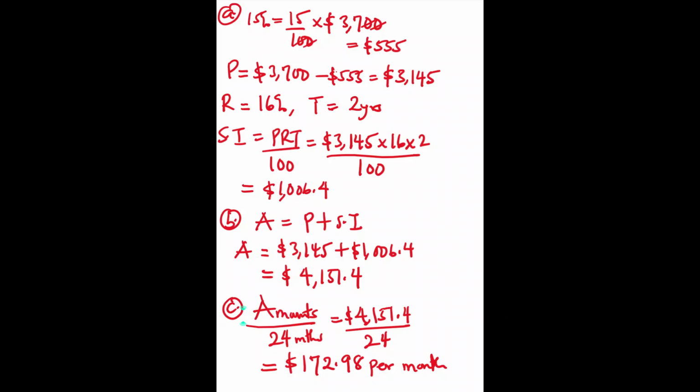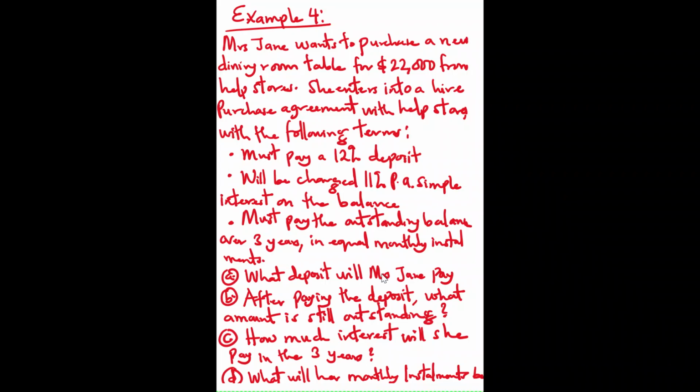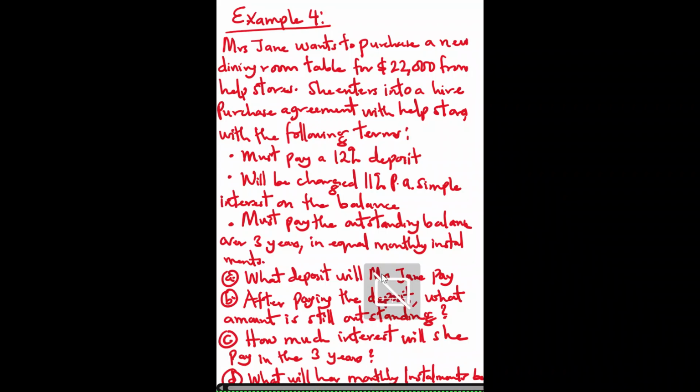Okay, so that's question 3 right there. Example 4. This will be the last example for this video. And example 4 says, Mrs. Jane wants to purchase a new dining room table for $22,000 from Herb Stores. She enters into a hire purchase agreement with Herb Stores with the following terms: must pay 12% deposit, will be charged 11% per annum simple interest on the balance, must pay the outstanding balance over 3 years in equal monthly